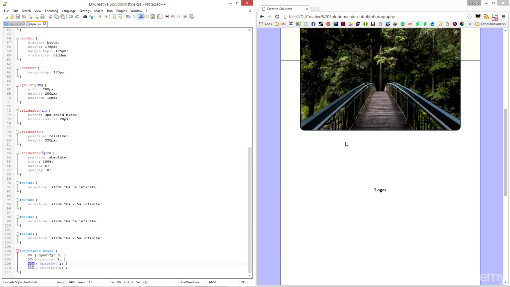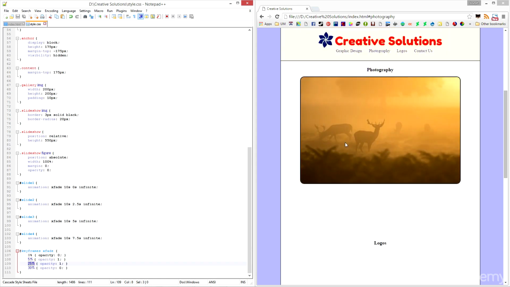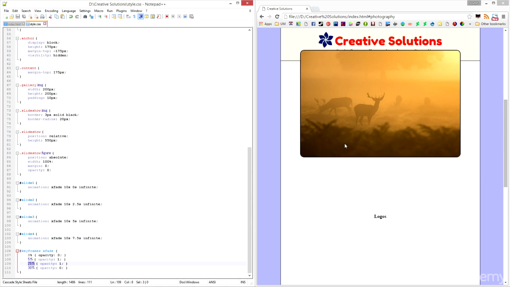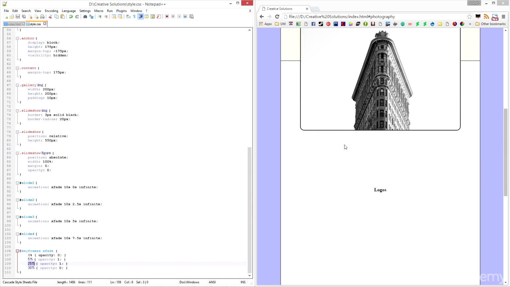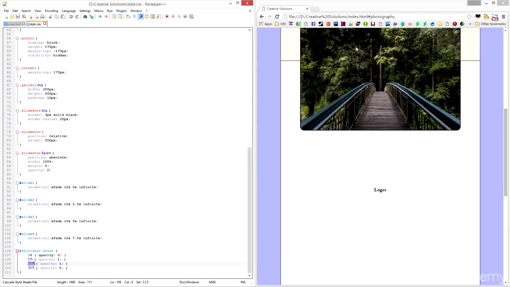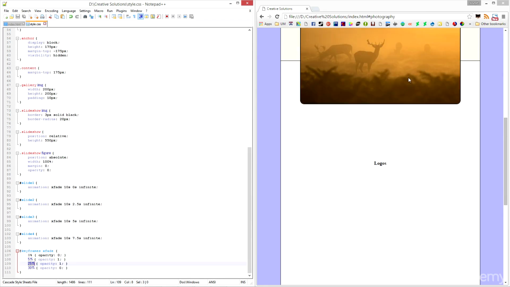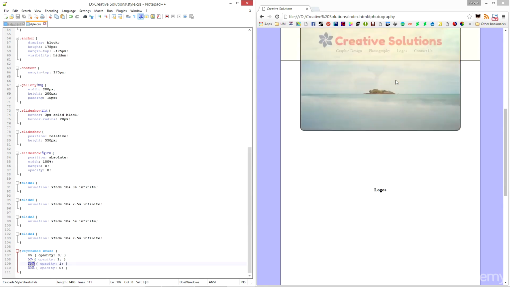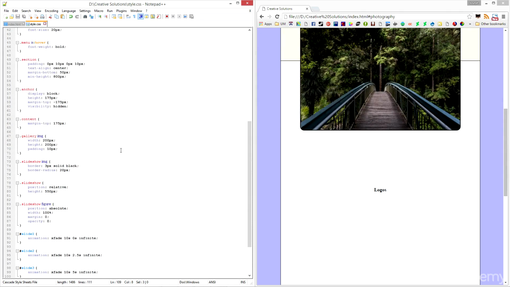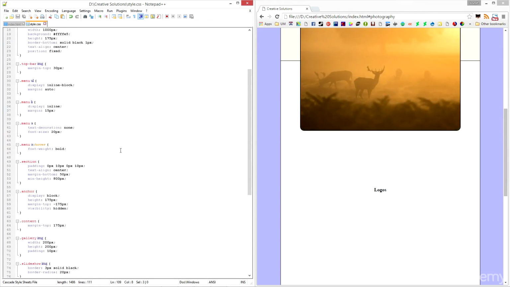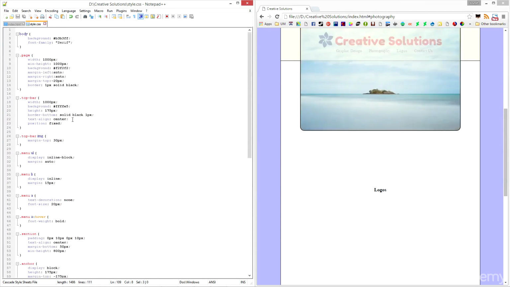Oh, before we continue on, I almost forgot, I'm glad I went on. When we scroll down, you'll notice that this is now showing up over our Creative Solutions top bar. So we do need to fix this. And this isn't too hard to solve. In fact, all we need to really do is go over to our top bar, and we're going to use the z-index